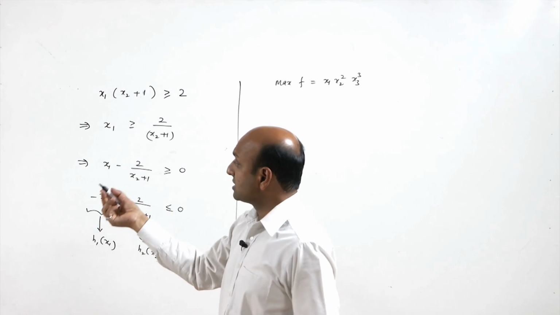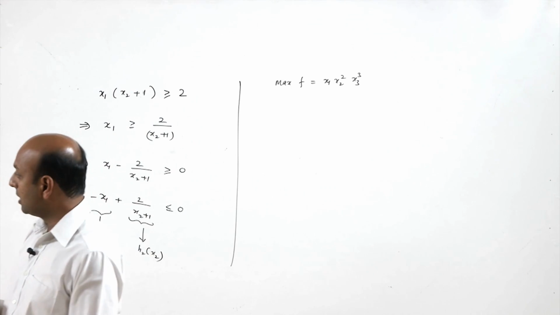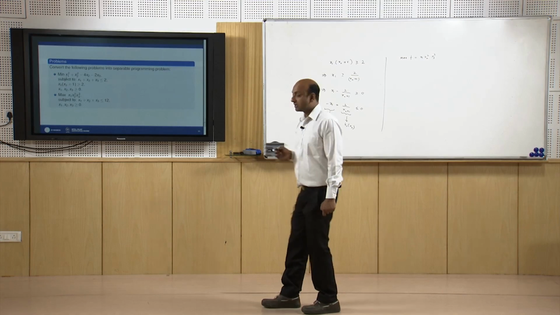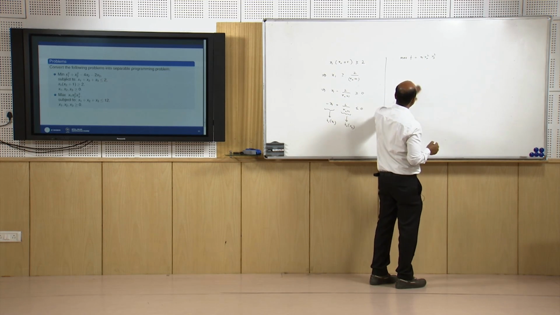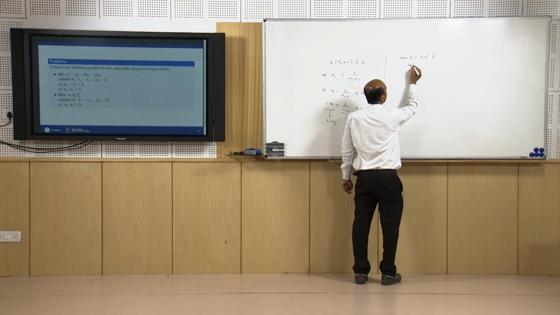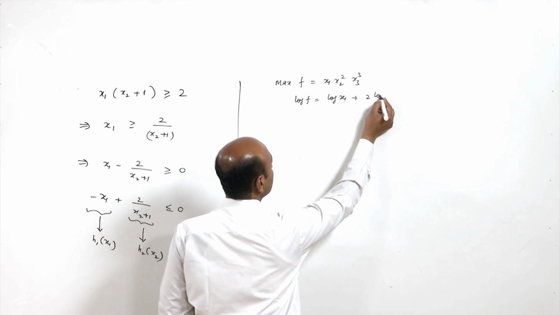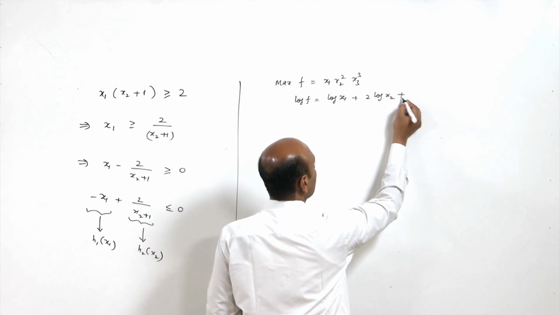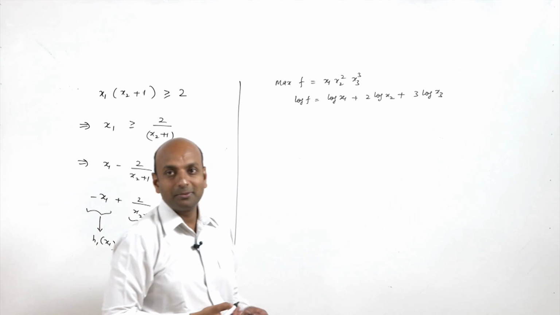The constraint is obviously separable, it is a linear constraint, and the other is a non-negativity restriction. The only thing is this objective function is not separable. So, how to make it separable? You take log on both sides. So, log of f will be nothing but log of x1 plus 2 log x2 plus 3 log x3,